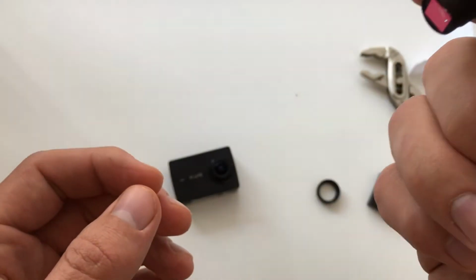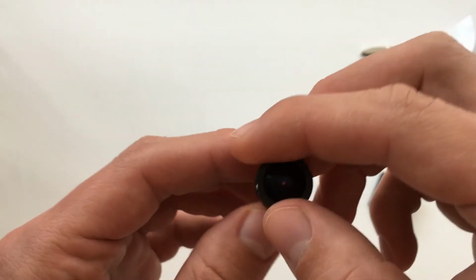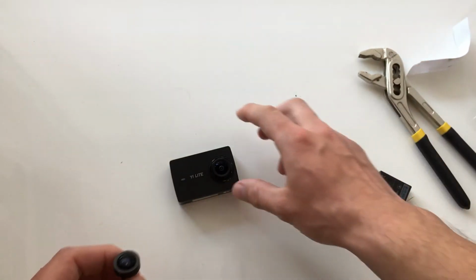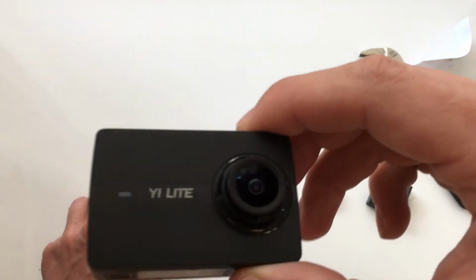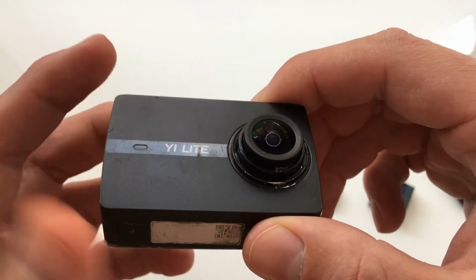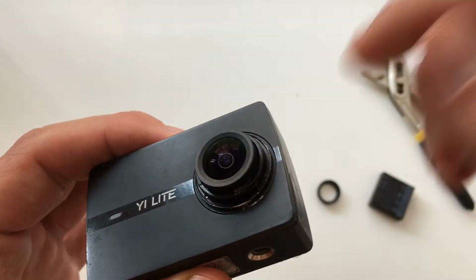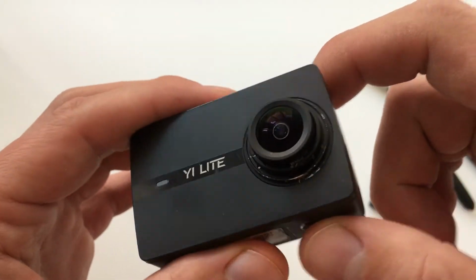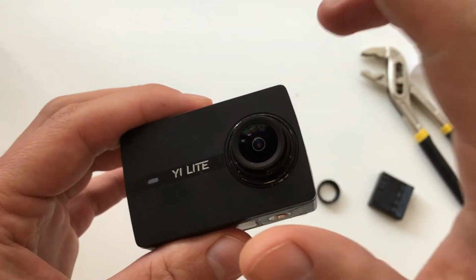And when you take it out, you just rotate this side, and then you take a new lens. I'm buying the new lens from AliExpress. I will put the link down below. And you just rotate in this direction. Then when you feel that it is set,